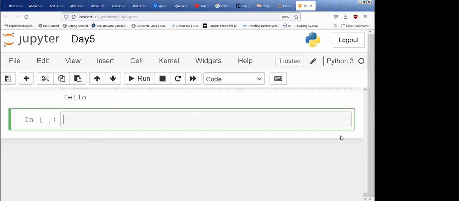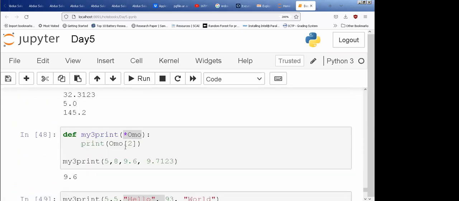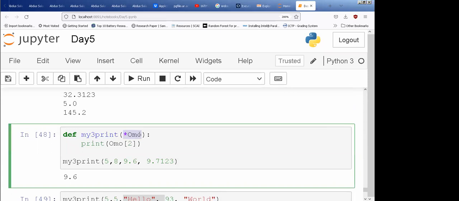So in this example that we did, you see that this star takes it as a list. So if you like, you can use star none. Well, star none, so you can do this. It will still work. You just use any name. So this takes it as a list. There's another one actually that takes it as a dictionary. This example we say is an example of a non-keyworded variable